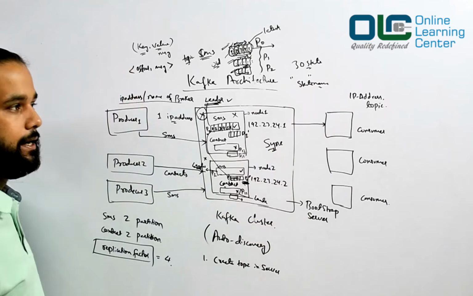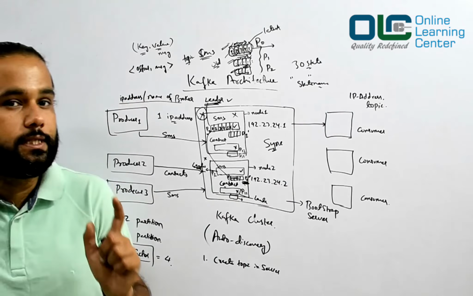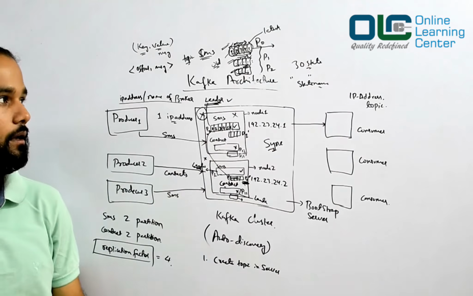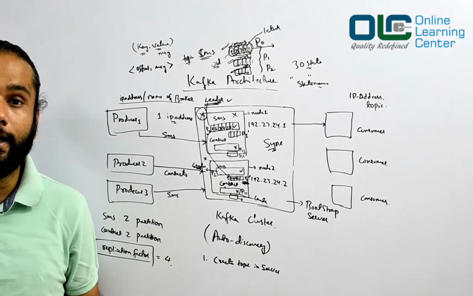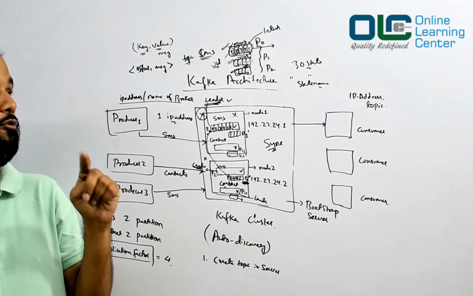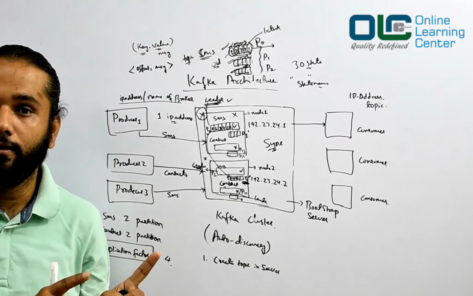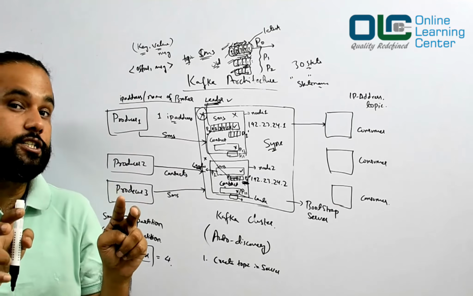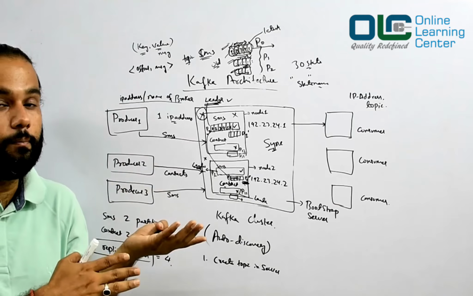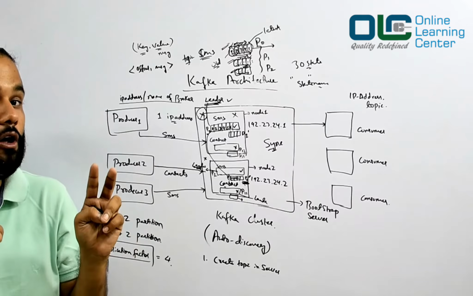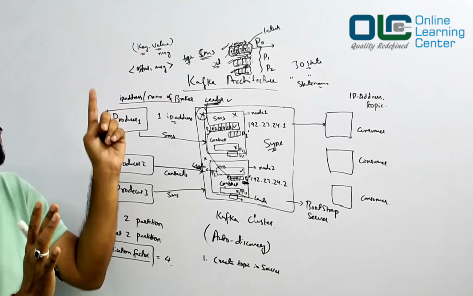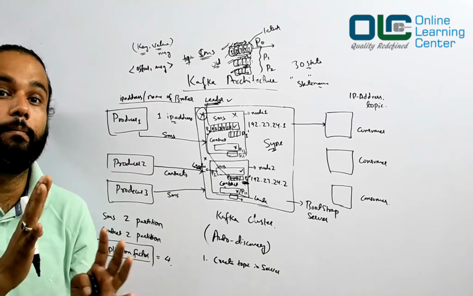Okay, I choose state name as the key, and the message can be anything. Then there is always a guarantee that all the Odisha data would go to the same partition because of the key. There is always a guarantee that all the Andhra Pradesh data would go to some partition, and all the data from Bihar would go to a single partition. That's how you can control your messages in the partition.